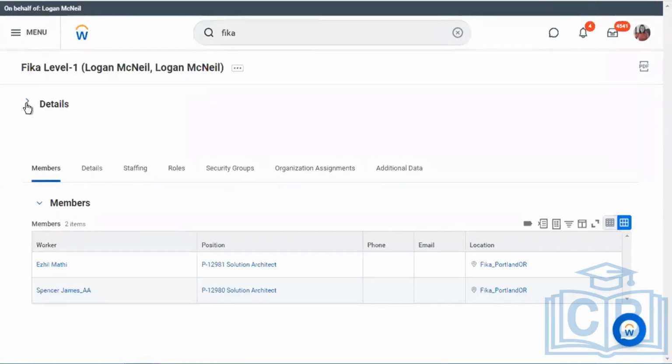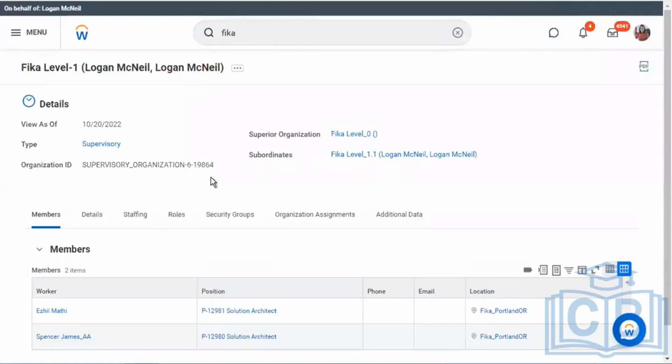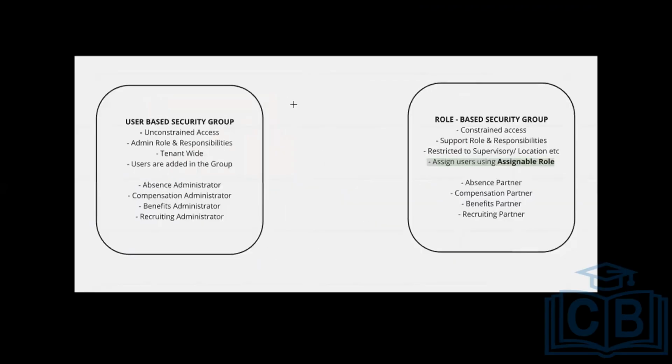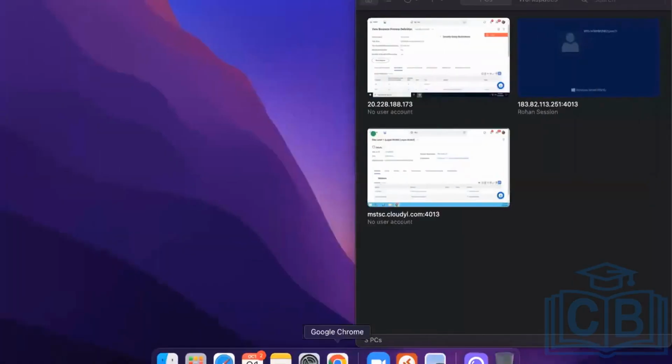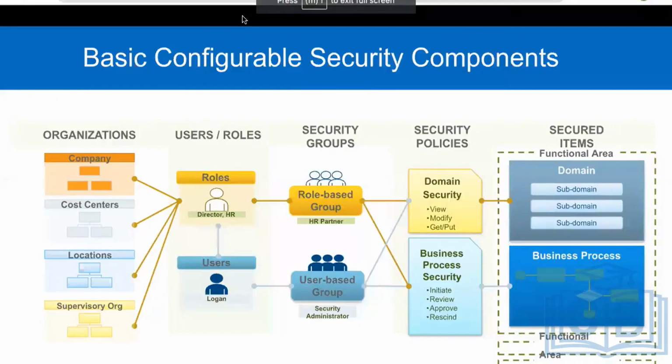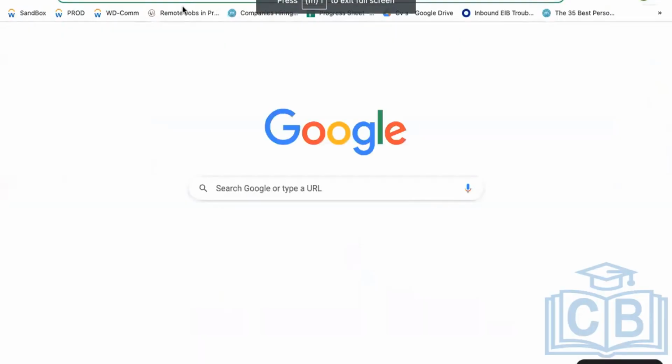My problem here is, Rohan, I don't have department-wise members in each and every org. I would like to assign a manager so that it will fall in place. I have noticed that in all your orgs you have Logan McNeil as the manager, but for me I don't know why it was not assigned.